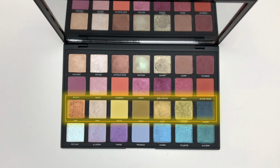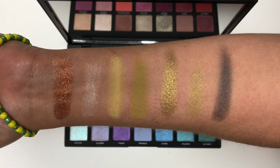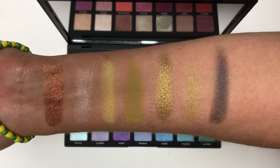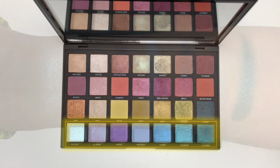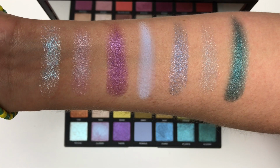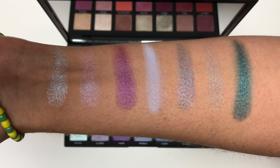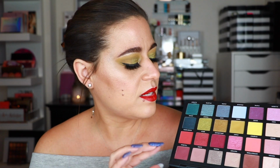I've not applied the blues to my eyes yet. What I noticed when I was using the palette is that with regard to the matte, I always create the foundation for my eye looks using matte eyeshadows. In my personal opinion, there's not enough matte eyeshadows within one color family to really get a nice gradient. And even though the eyeshadows themselves blend out very nicely, if you want to do very detailed work like a darker outer V or something like that, which I'll mention in my demo, it's not going to be really possible